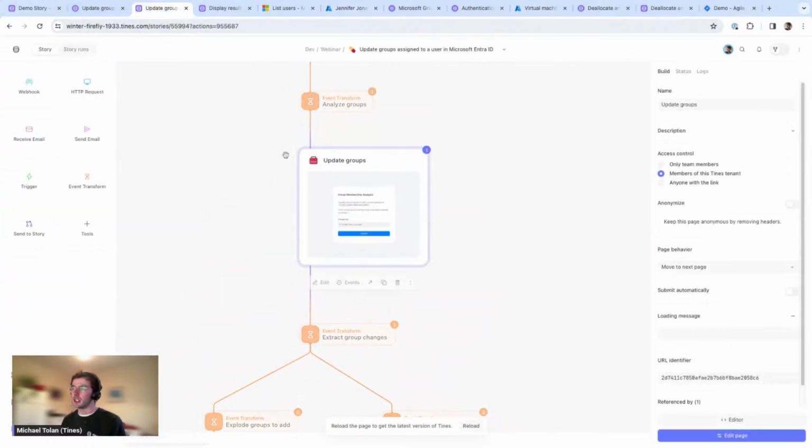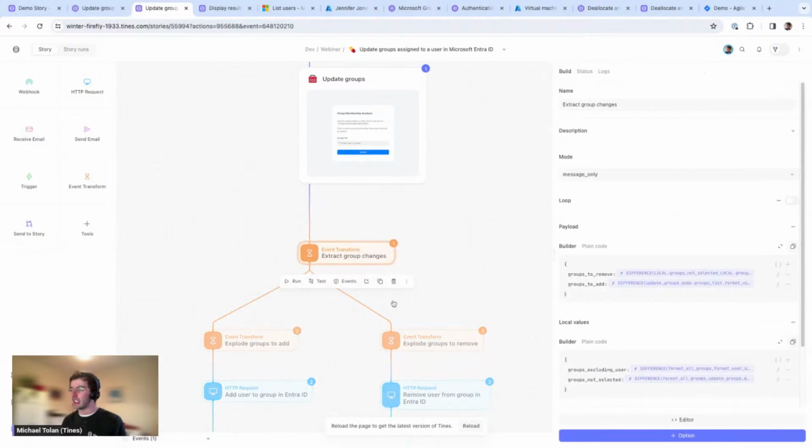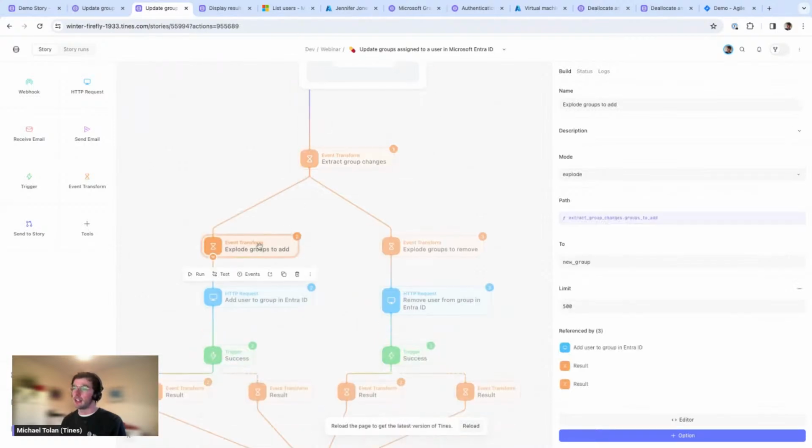So we can see here, this was the page where I decided to select what groups Jessica should be a part of. What we're doing here is basically getting the information from the page action above. And similar to what I showed in the demo story a few minutes ago, we're now using the explode action again. So we have an array of all of the groups that we needed to add. So there were two new groups. There was the,